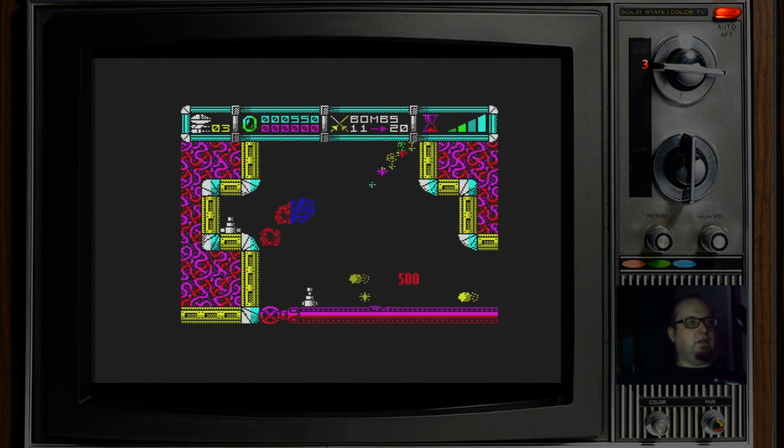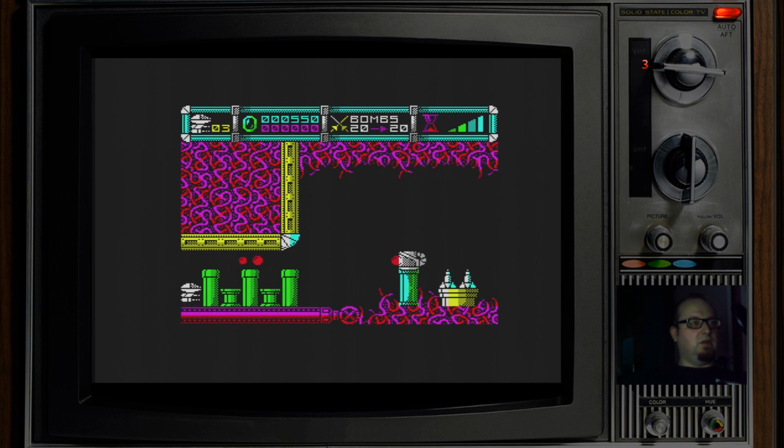Ooh, got killed there. So you're this robot thing. You have left, right. Hitting up makes you fly up, but you have to hold it to fly. And A shoots, and if you hold it down, you let loose with the bombs. So interesting thing here is that the music does play throughout the whole game. Something that you would not see in the 48K very...